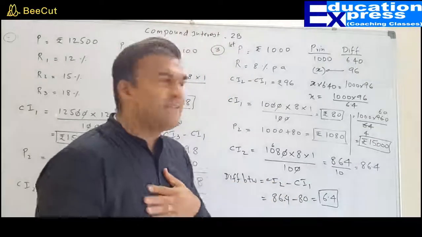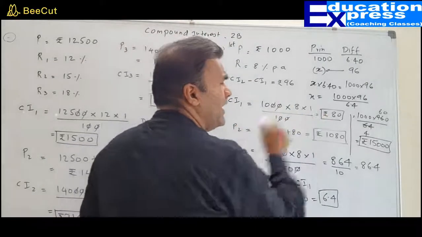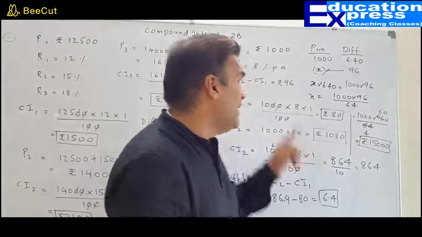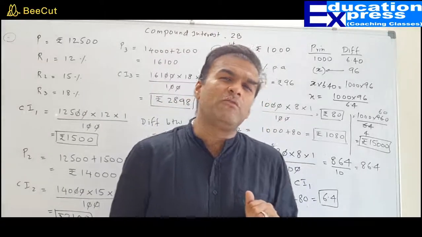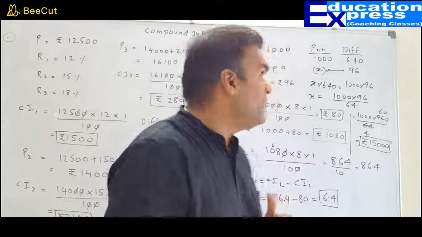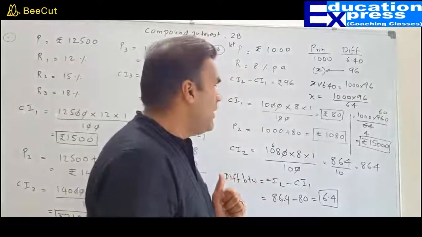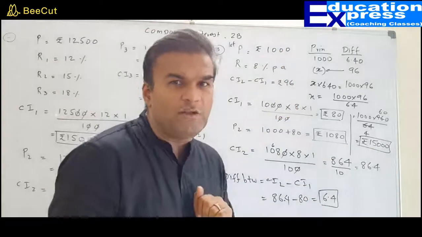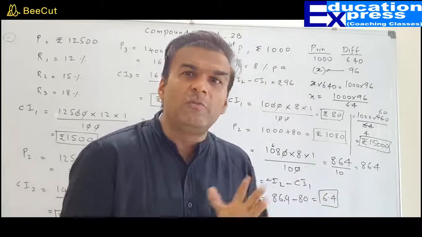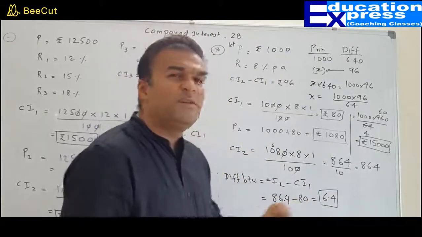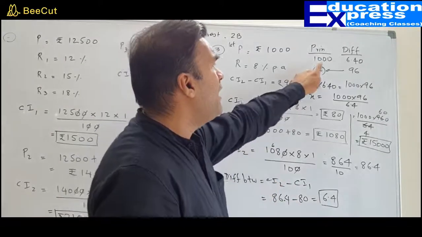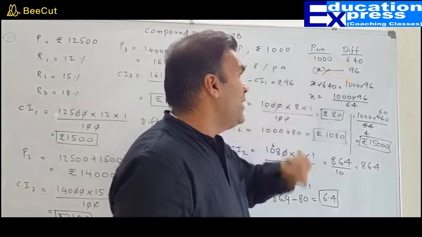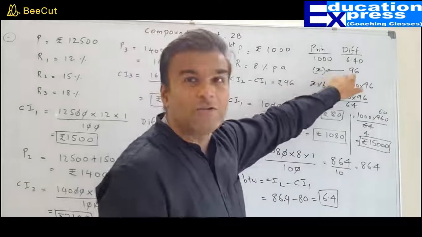In case you would have taken X, what will happen? Your compound interest would be in X, your principal would be in X, and everywhere you have to deal with that X till the end. That will invite lots and lots of problems. So the best way to deal with this question was basically to take principal as 1000. And then I found out 6.4. As soon as I found that on 1000 the difference is 6.4, that means every time I invest 1000 rupees, the difference between CI2 and CI1 would be 6 rupees and 40 paise. But the difference was given to me as 96 in the question.